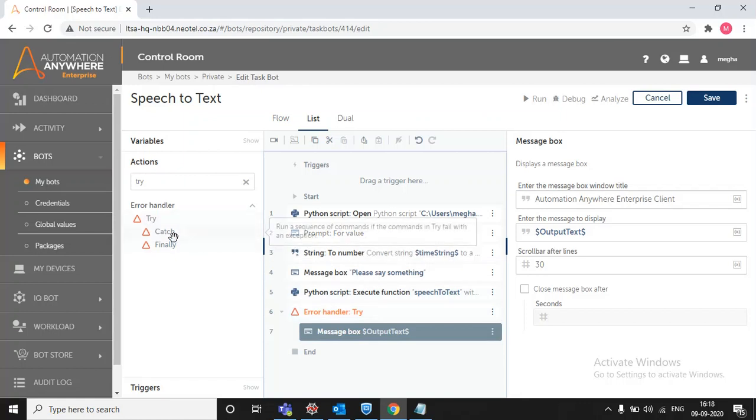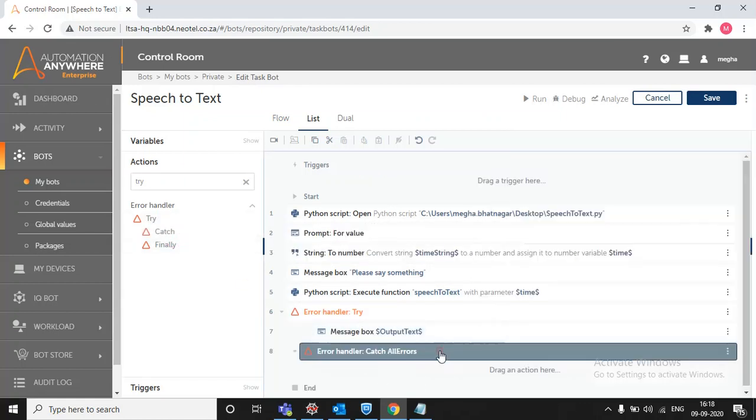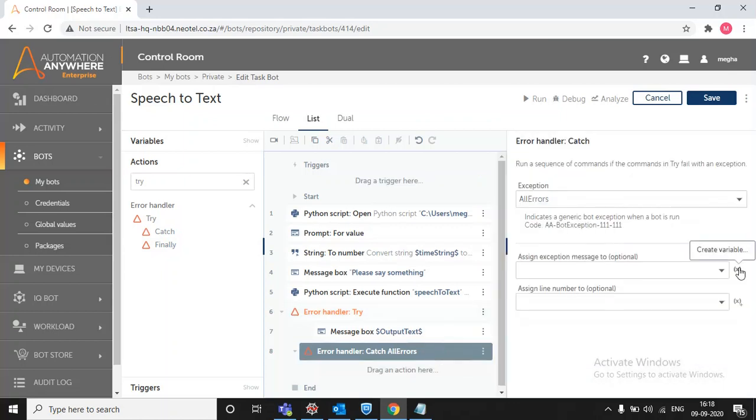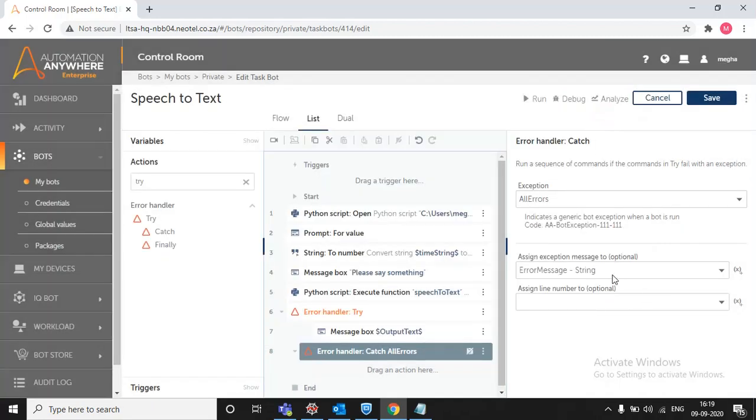Suppose an error comes, so I am using catch. Here I am creating a variable, error message, of string type. Whatever error comes, it will come into this variable.